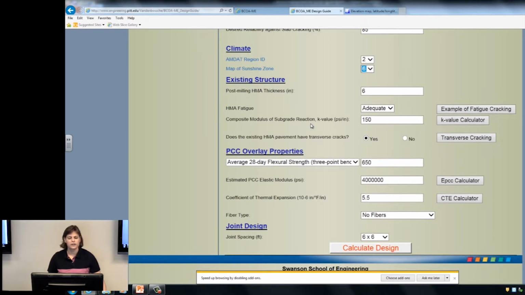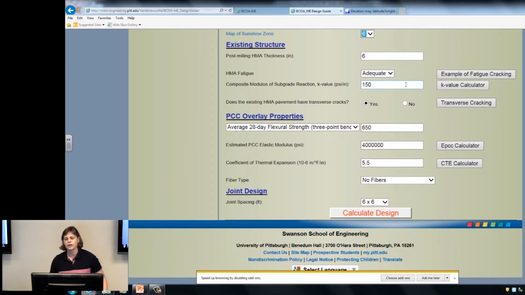Okay, now we're going to define the existing structure, the asphalt pavement that we are placing this overlay on top of. So the first thing we want to state is how much asphalt will remain after milling. And again, this is after milling thickness. So let's stick with 6 inches of asphalt after milling. Now we have to characterize the asphalt condition, and this helps us establish what the resilient modulus will be of